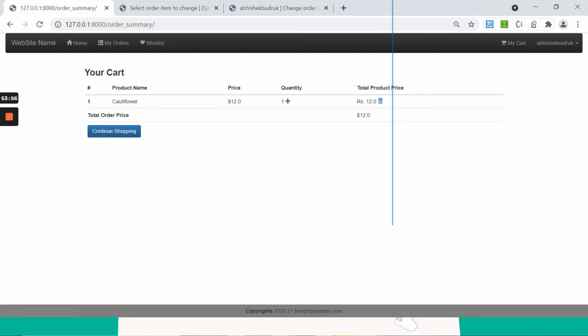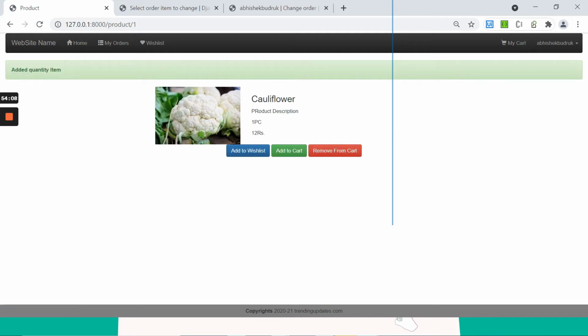Now this item is already present inside my order item model, so it will just add an item. I place the plus button over here. Okay, added quantity item. That means it added only the quantity, but this doesn't look good.